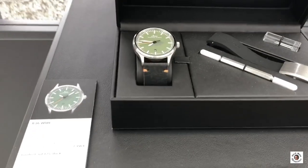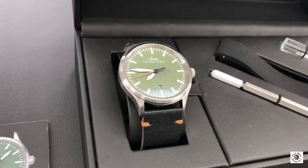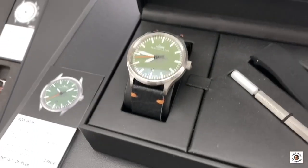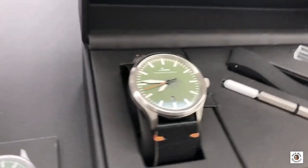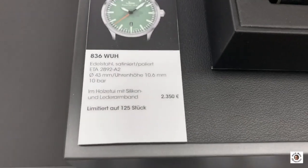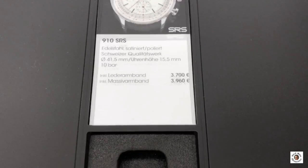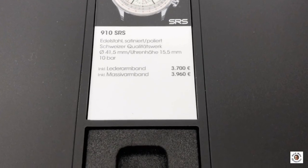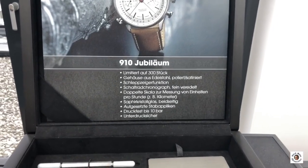And moving on to this watch, it's on the basis of the 836. It's made for a German editorial, made for hunters, with a leaf on the face, which you only can see under certain light conditions, and a kind of olive green, nicely made, not 100% made for me, but a really great thing. The 910 SRS start, back, stop is a column wheel chronograph, and the 910 anniversary, which you can